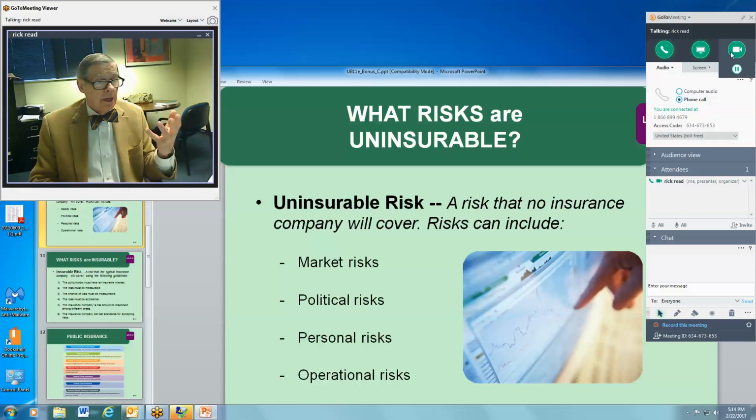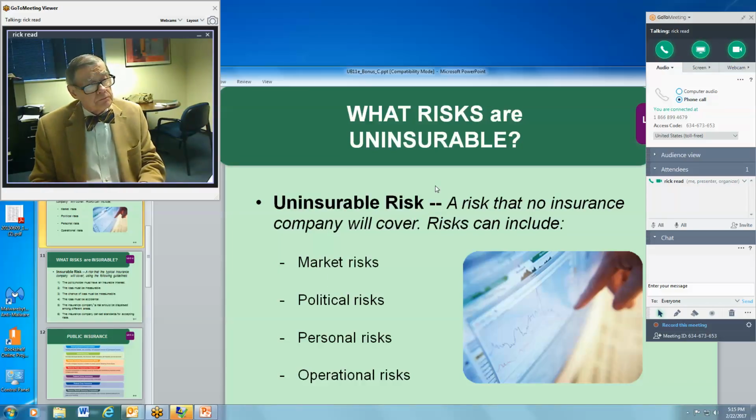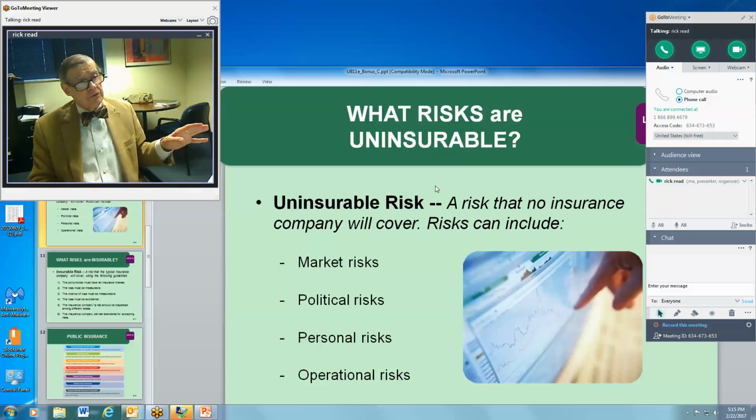Personal risk, again, and an operational risk. They're not going to do that. Market risk. The example I want to give you here is some years ago, a number of retired people from Procter & Gamble Company, which has its headquarters here in Cincinnati and is a Fortune 500 company, sued because they had most of their retirement tied up in Procter & Gamble stock, and the stock had taken a precipitous drop, which meant their portfolios were not worth as much as they had been. And so they sued. Now, that was not the entire market going south, if you will. It was a particular stock in the stock market.